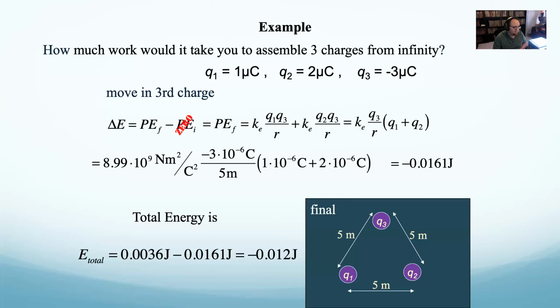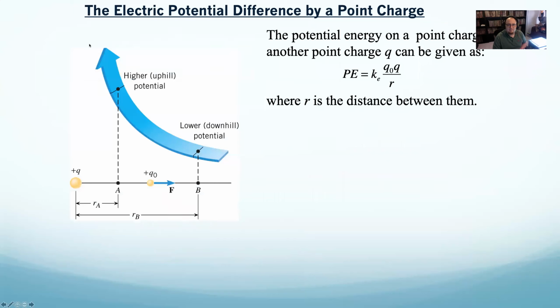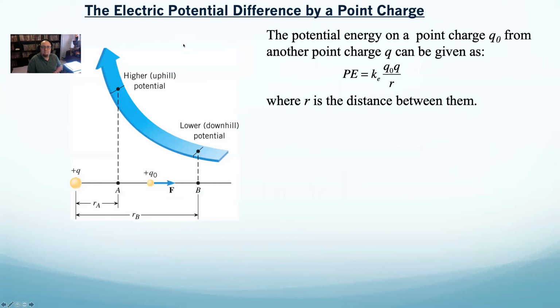Not getting as far as I expected. Now let's go back to the idea of potential difference. This was dealing with the potential energy from a point charge, where the potential energy was k e q1 q2 over r. Same way that electric field was a force per charge, we said the change in potential energy divided by charge was the change in voltage. And if the potential energy on a point charge q naught from another point charge is given as this equation,